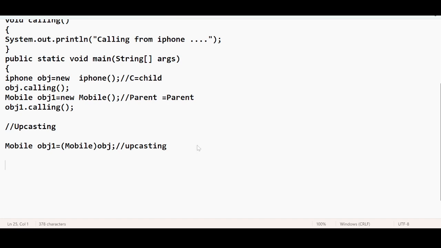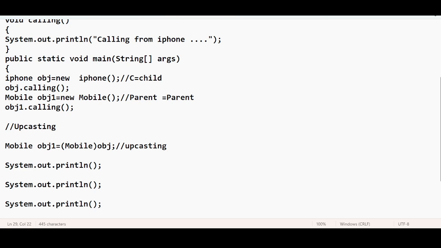To understand this, I want to print all the reference variables with System.out.println. And again let me also print the reference values, obj. The first two things are very common, very ordinary. This is somewhat confusing, I know. I will clear your confusion. This concept is called upcasting.